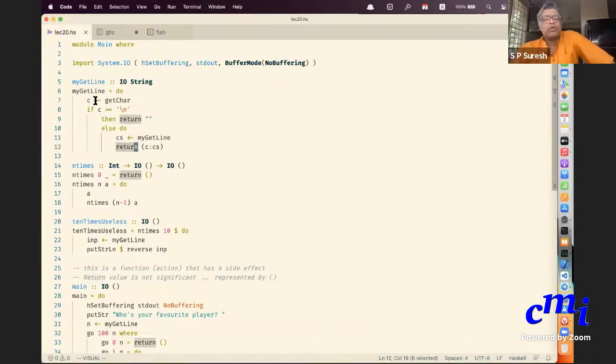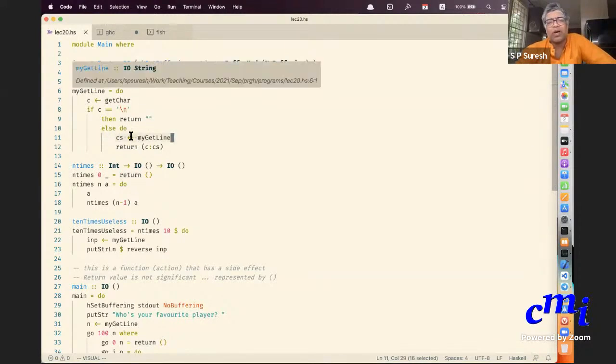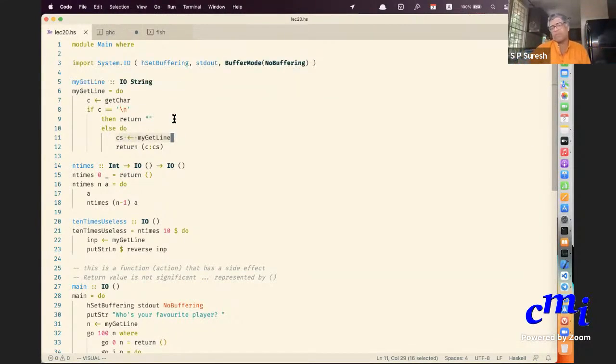Okay, so this is the program. It keeps reading characters till it finds a newline, at which point it will stop. Otherwise, it will do a recursive call. See, you are doing a primitive kind of programming. You are basically having a function name, and you are calling that function recursively. This concept can be extended. Here we are recursing till some condition is met, namely that the character you read is the newline character.